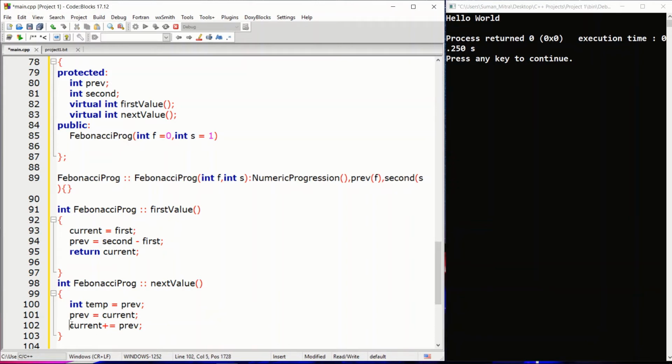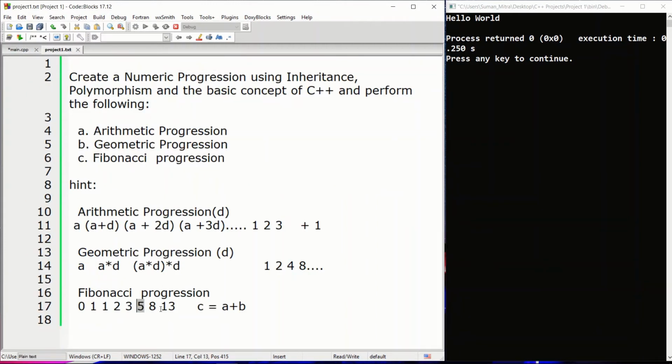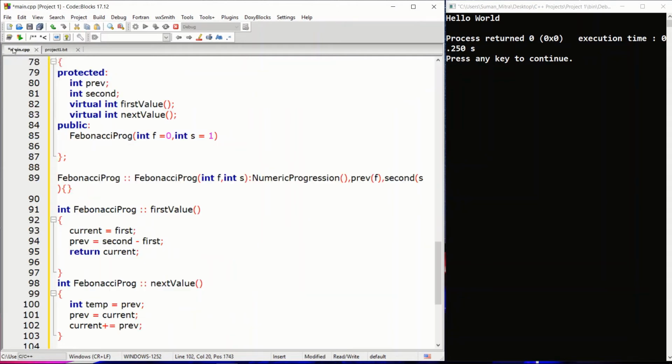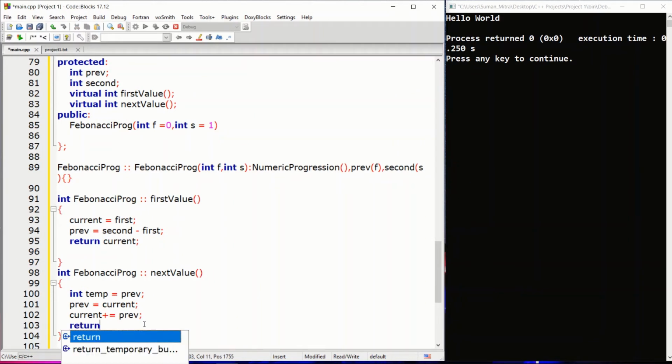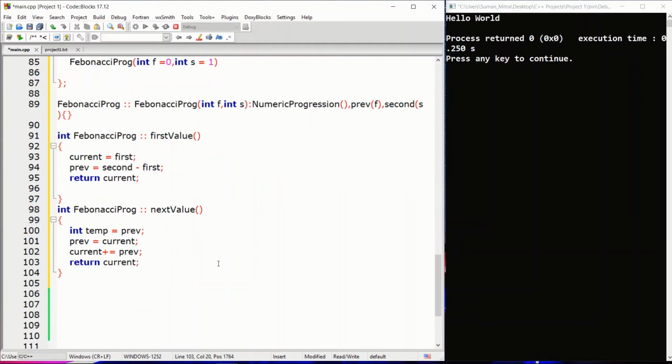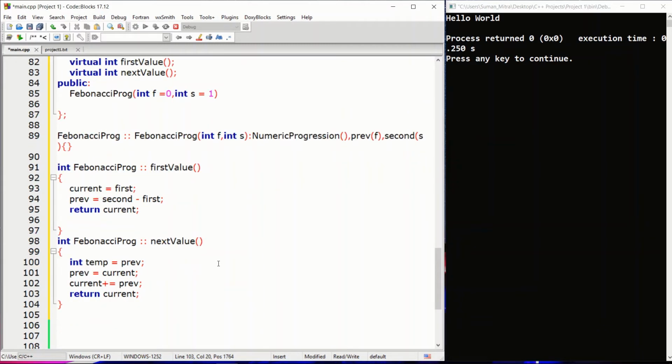And the current value should be the current value plus the previous value. So you can see here the current value should be the current value plus previous value, meaning whatever it will come here, this is the current value for now, plus the previous one. So that's how the Fibonacci series gets printed, and we'll just return the current value. That's how we come to the end of all of this. Every function is clear. I hope everything is clear now. If not clear, just go from the first one by one and try seeing this hint.